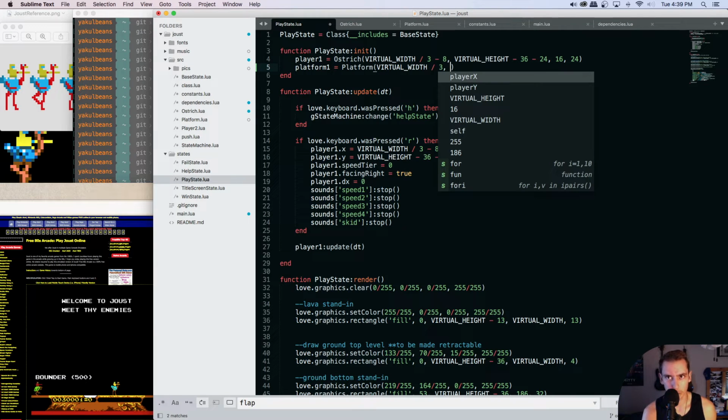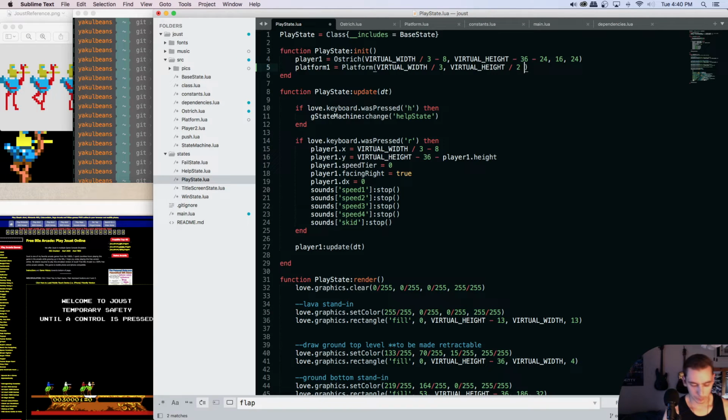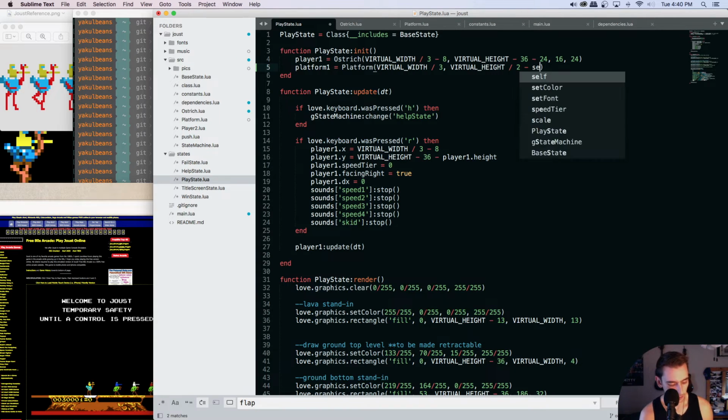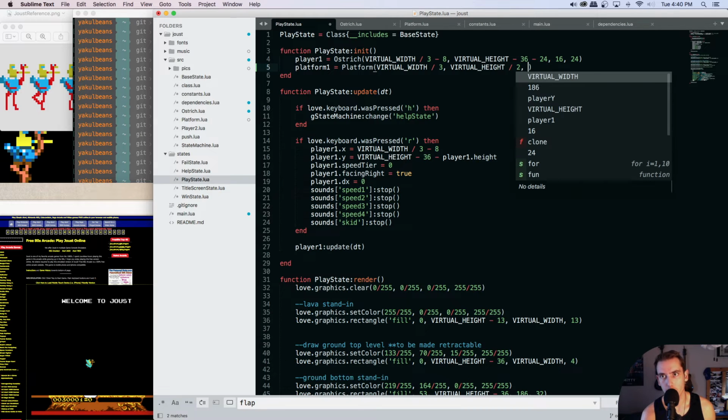Its y will be maybe the top third. Actually, let's just do it like halfway, and then shifted by its height, which we don't have yet, but then its